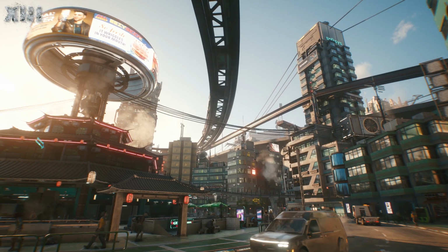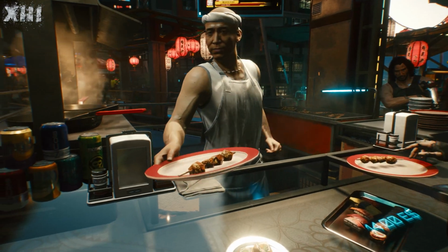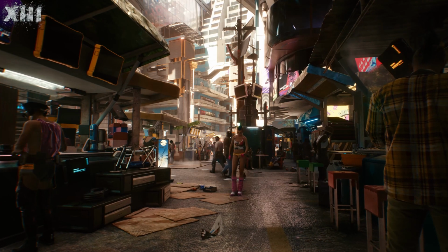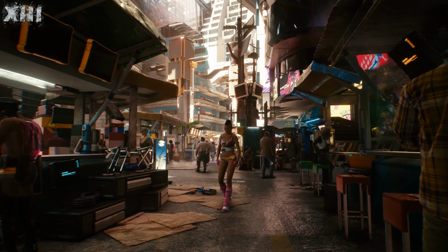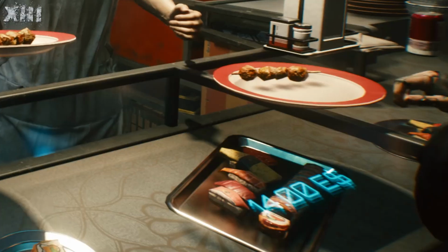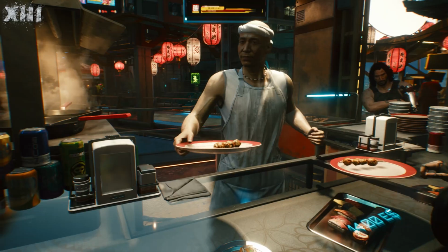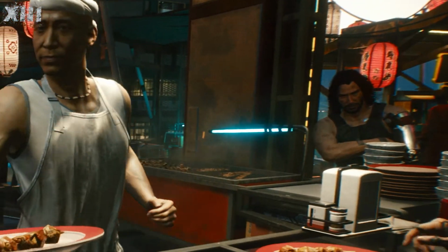Next up are some shots from Asian restaurants and food courts, either in a mega building or in an alleyway, and those are pretty densely populated, which is always nice to see. Here we can see the prices of the food. The sushi platter, for example, costs 14 eddies. On the other side of the food joint there is also Johnny Silverhand, who looks like he got into a